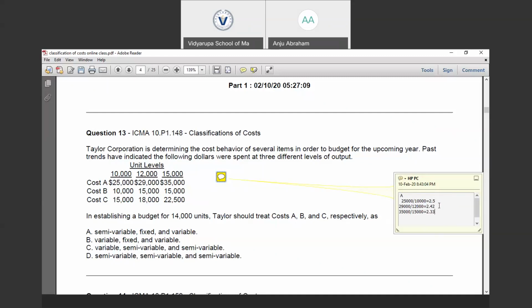It can either be fixed cost or semi-variable cost. It is semi-variable cost because in the fixed cost, total fixed cost remains the same, but we know that the total cost is not the same. Total cost keeps on changing. So we can say that they are semi-fixed cost. So this A cost is a semi-fixed cost, semi-variable cost, because per unit cost is varying.